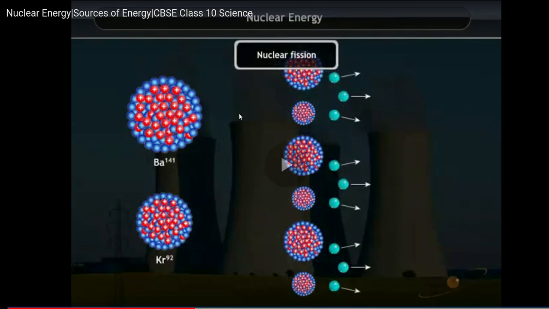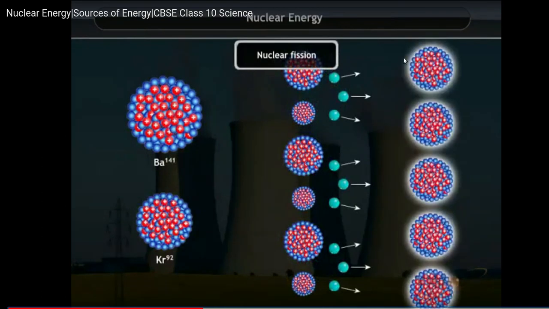As you can see, it's going to keep happening. These particles are going to come and attack the newer nuclei, and that creates a massive chain reaction. As you can see, it started here and then it split three of these massive nuclei, and then it's going to attack the other nuclei. This kind of chain reaction is what the atom bomb is based on.